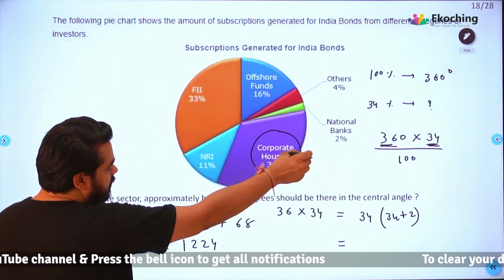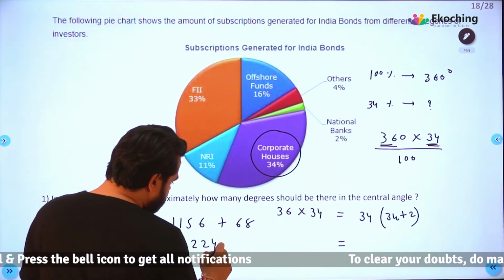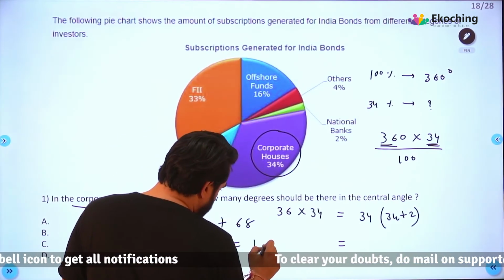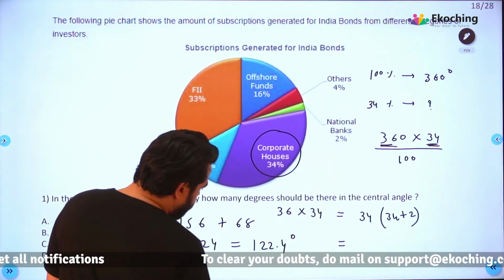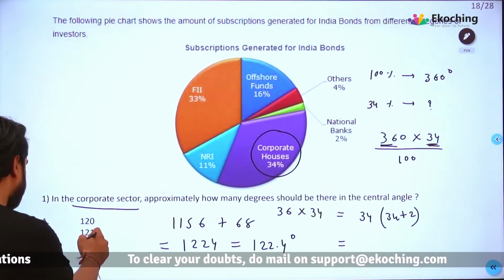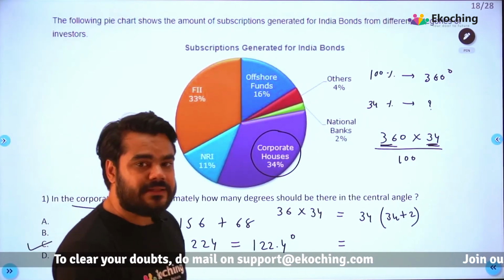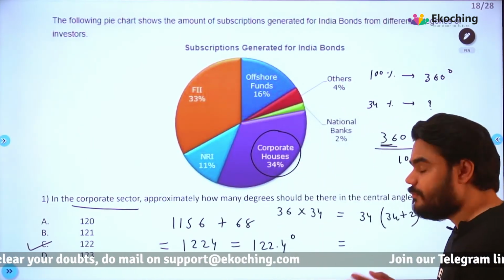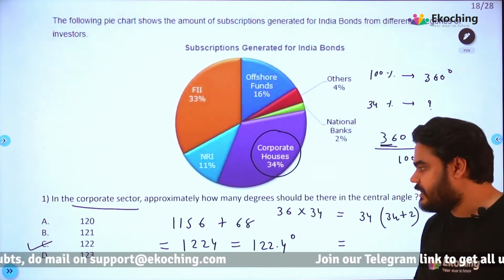And पीछे नीचे because 100 है, into 10 and 100 है, तो आंसर आ जाएगा आपका angle, 122.4. That means I'm going to mark 122, not 123. बहुत ही आसान question. 1 minute में हो जाना चाहिए.